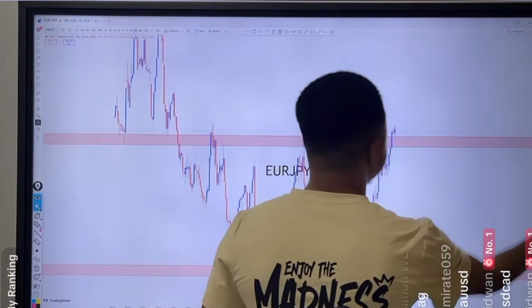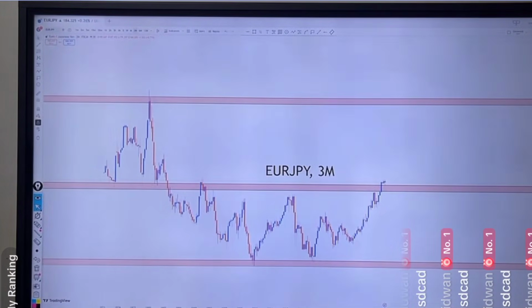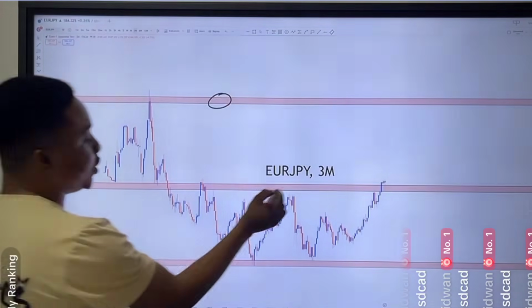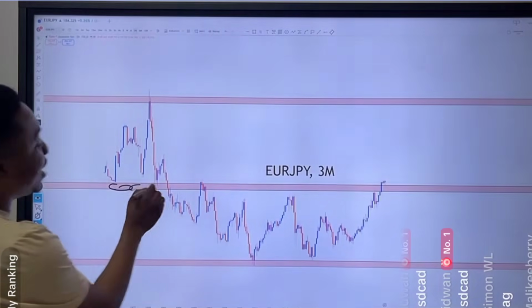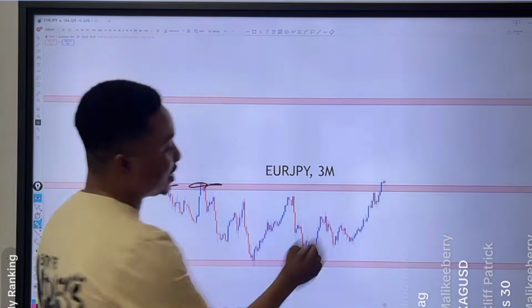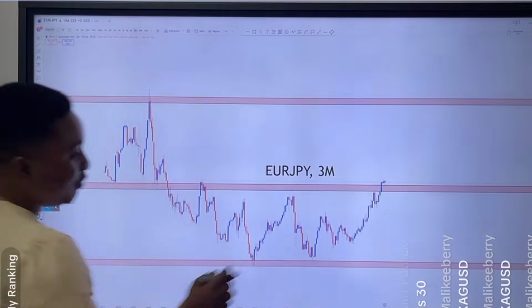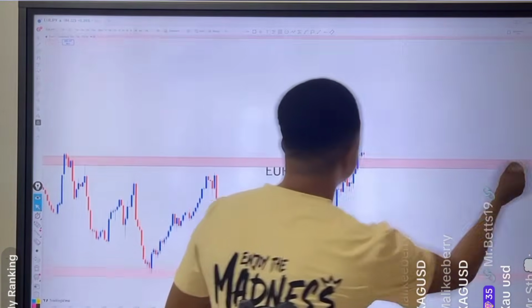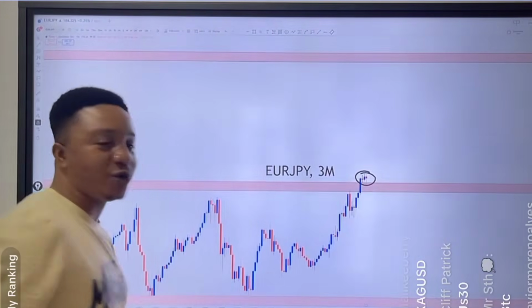This is the EUR JPY on the 3 months time frame. Now EUR JPY on the 3 months, what is going on over here? We have the upper zone, the middle zone, and then the lower zone. Buyers have been able to break above this resistance level of the 3 months with a push to the upside. So if you look very closely over here, you realize that buyers are moving above the resistance. So what do